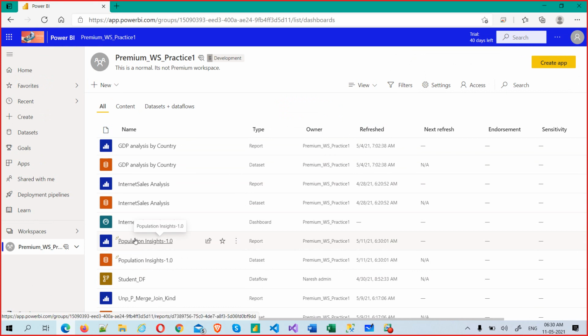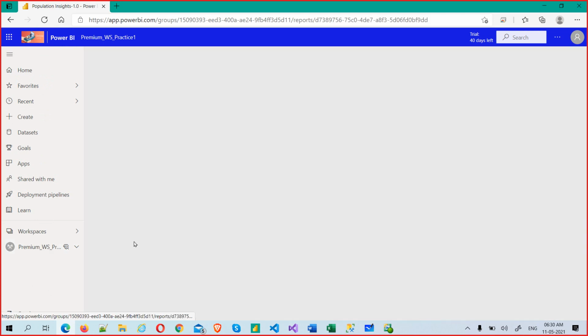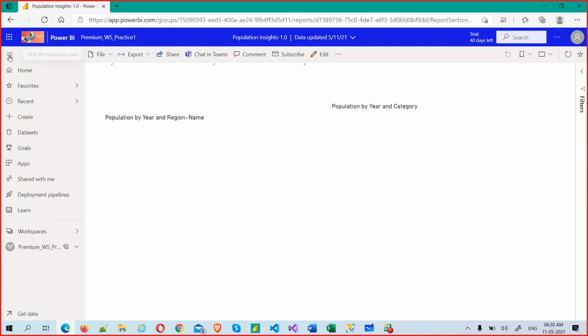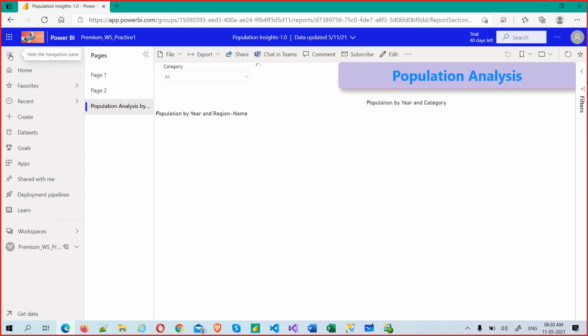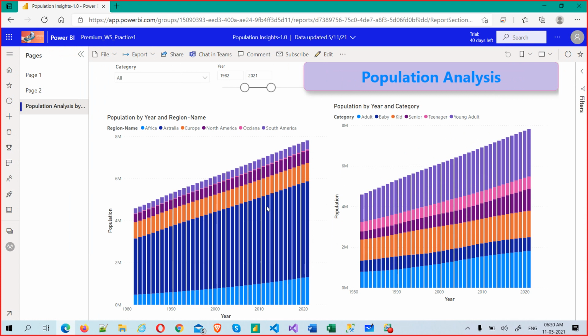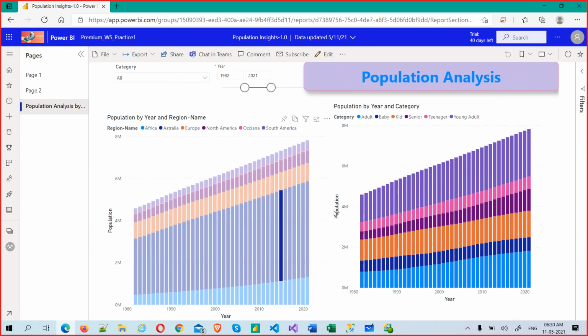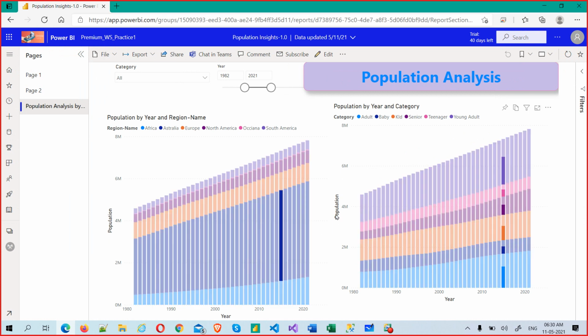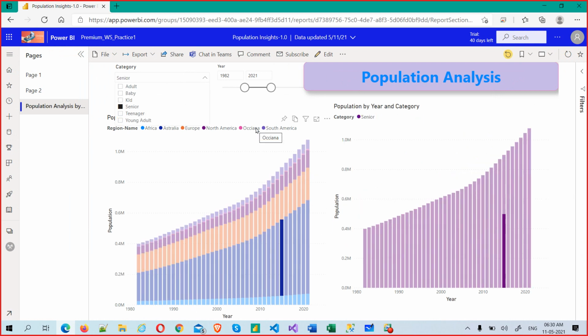We'll talk in detail about all these points, but just now we have created a report. Just go and click that report so that we will see exactly how a report works. If I click these three lines, it will hide. We are in the population report, so if you click anything, everything will get interacted because they have relationships. I can just check seniors, something like that. At any point of time you can check something like that.